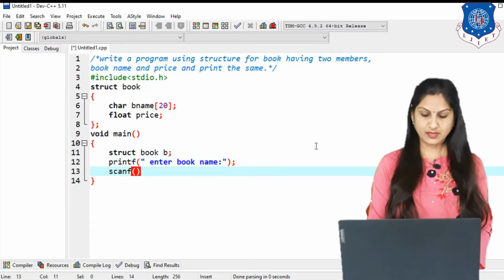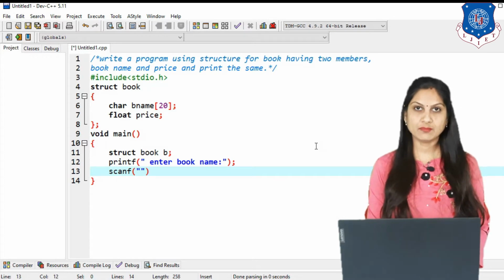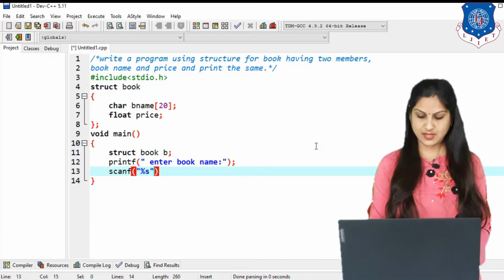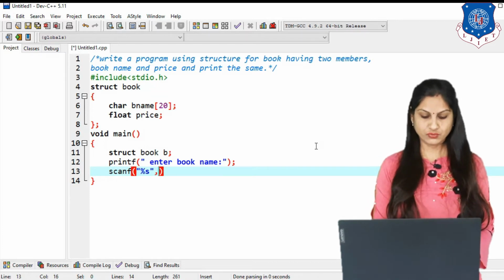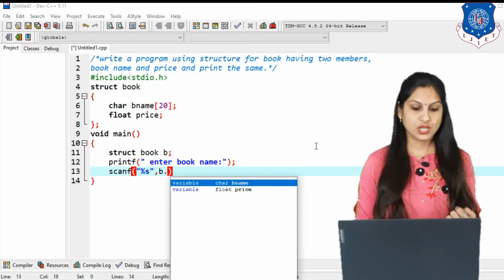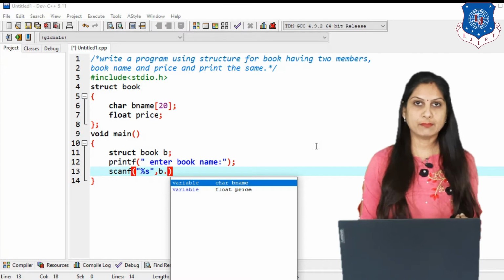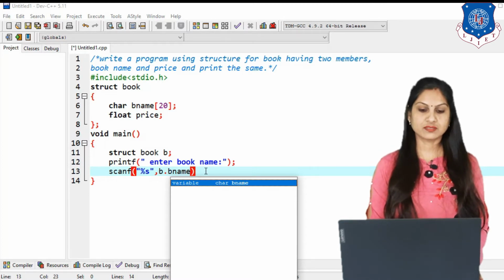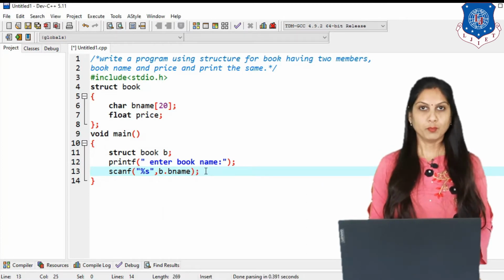Inside scanf the book name is a character array, so the control string is %s, and then after a comma you write b dot. What is the dot operator for? For accessing the members. So we are accessing the member, that is book name, so we write B name. Clear? That is the first member of book.